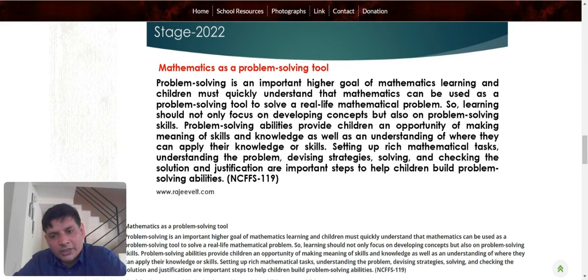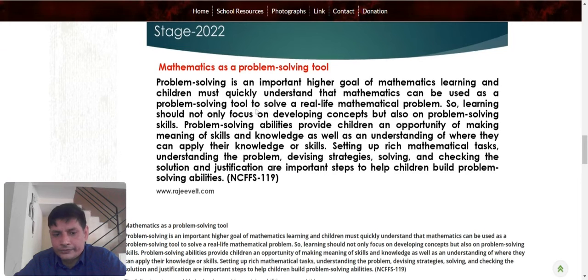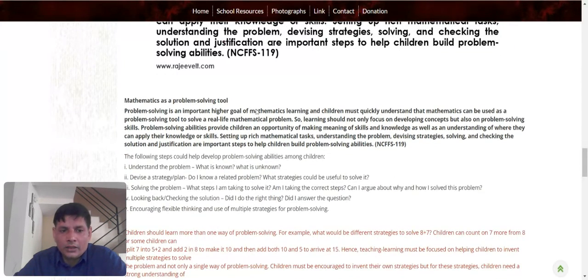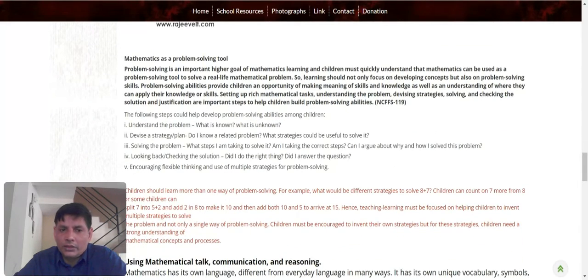Setting up each mathematical task, understanding the problem, devising a strategy, solving and checking the solution, and justification are important steps to help children build problem solving abilities. The following steps could help develop problem solving abilities among children at foundational stage. First,